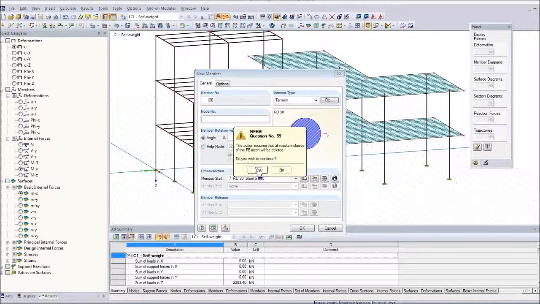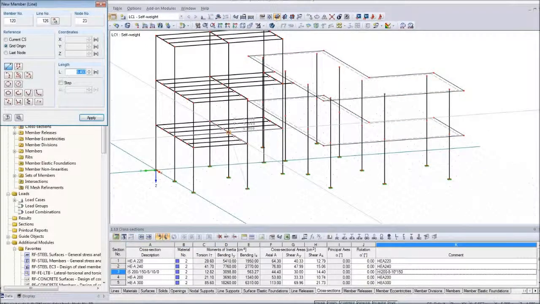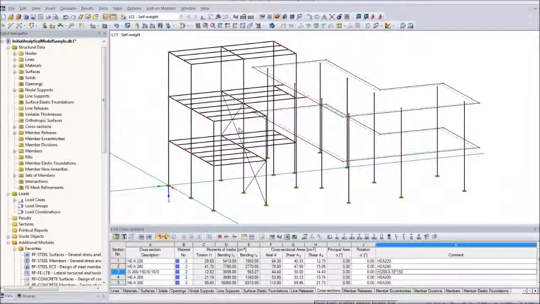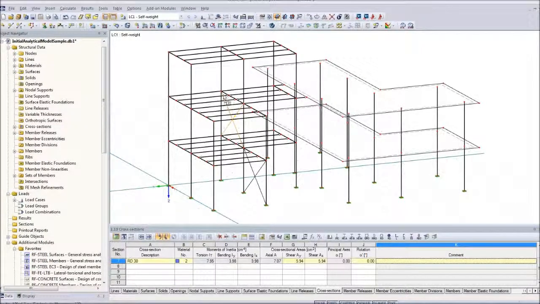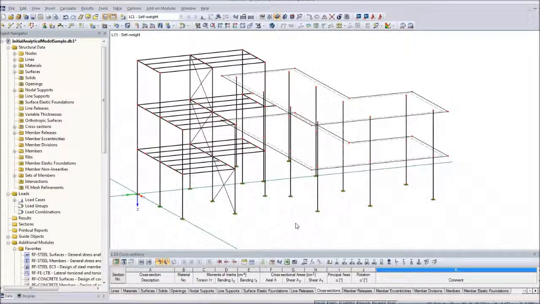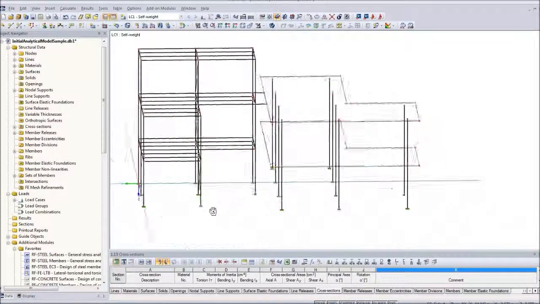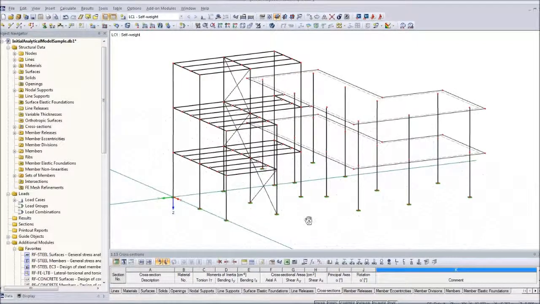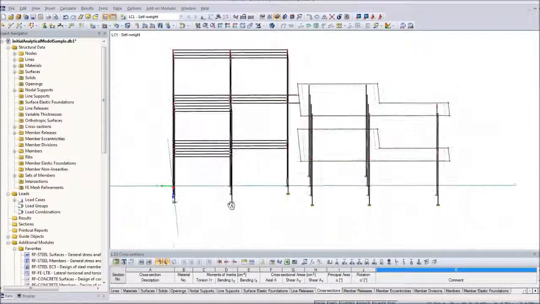and I just model in RFEM as I would if I had not imported it from Tekla. It is a real RFEM model. It is nothing else than if you had built it yourself. So you don't have to do further exchanges. You can just work with it in your real environment as you like. Okay, we have now bracings, and now we need to continue